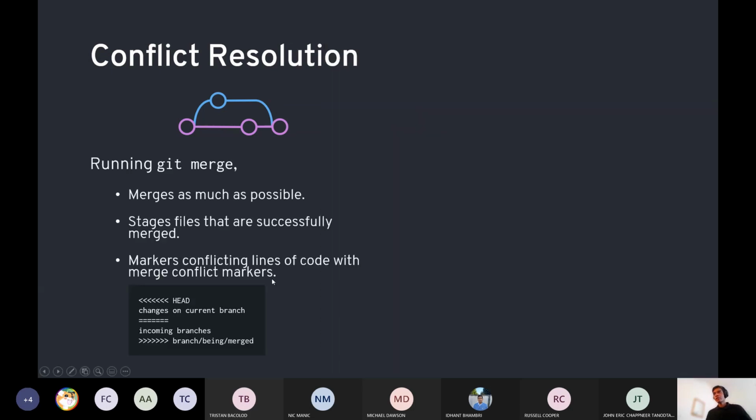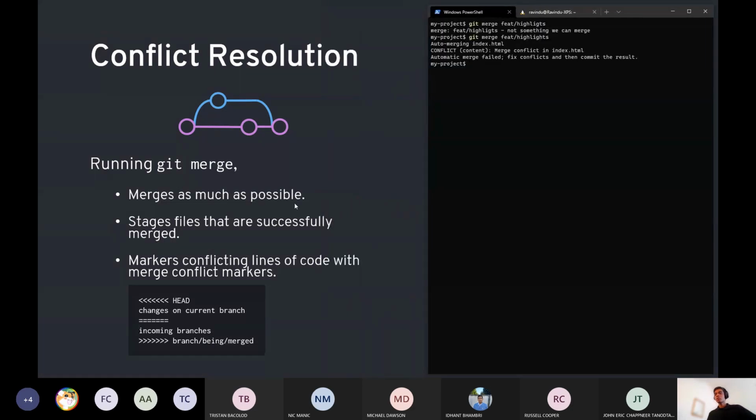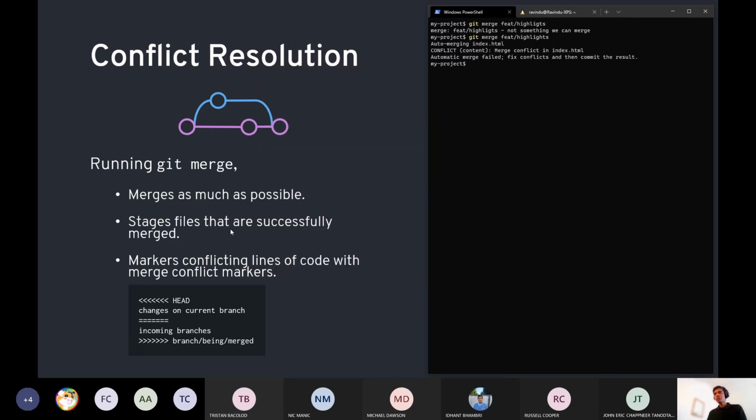Now, when a merge conflict occurs, this is what happens. Git merges the 2 branches as much as possible, so it should automatically do the changes that don't conflict with one another. And then it stages entire files that are successfully merged. And then if conflicts occur within a single file, it simply marks those conflicts like this.